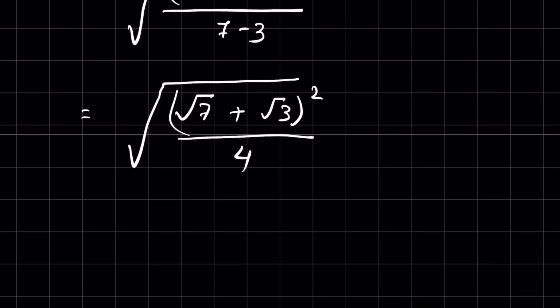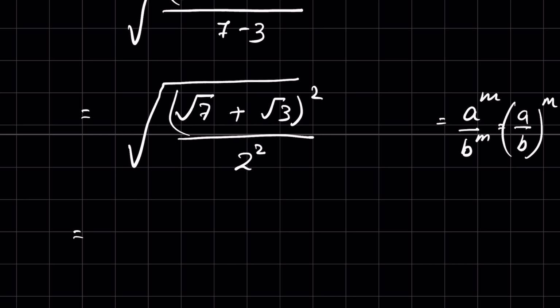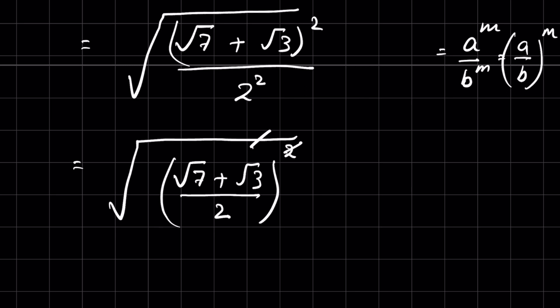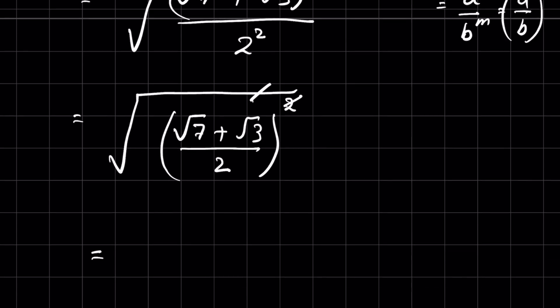4 we can write it as 2 square, and we know if a raised to the power m upon b raised to the power m, we can write it as a upon b whole raised to the power m. So this we can write square root of 7 plus square root of 3 upon 2 whole raised to the power 2 under square root. Now we can remove the square root with this square. So answer is square root of 7 plus square root of 3